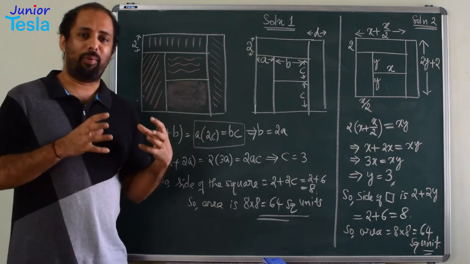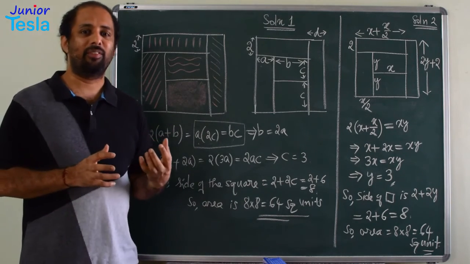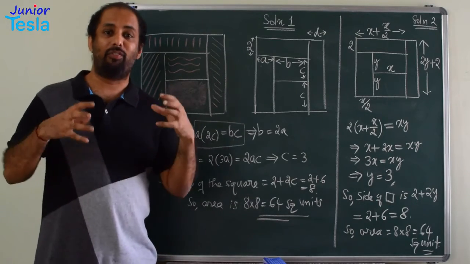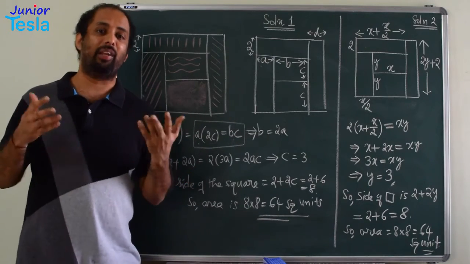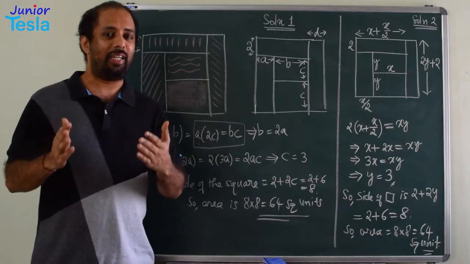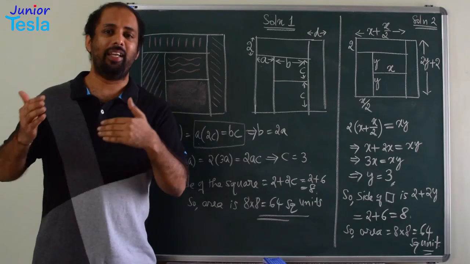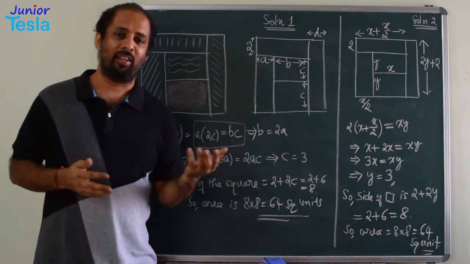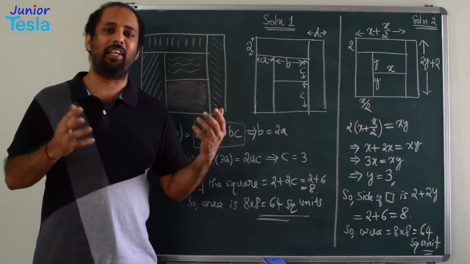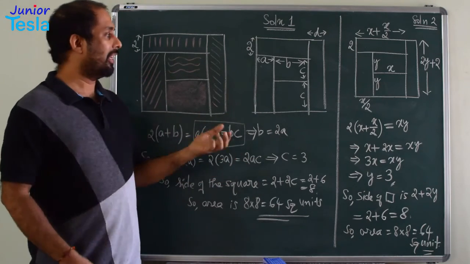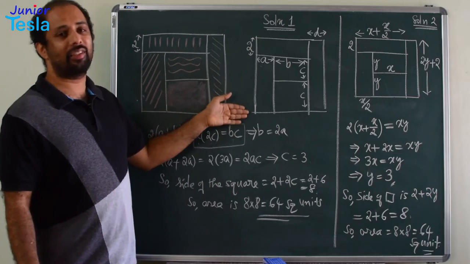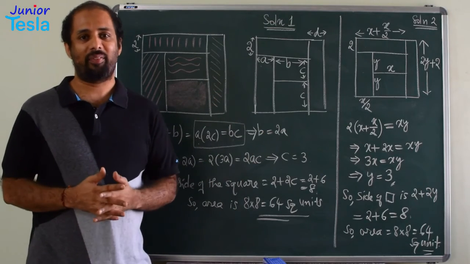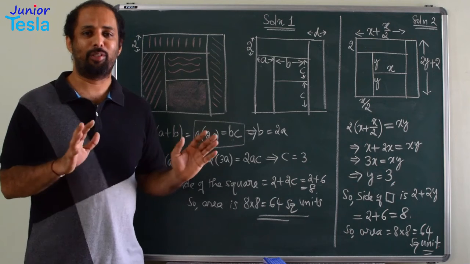So we have applied one concept. The concept is, since they have told that the bigger square is divided into 5 equal regions or 5 equal areas, we are trying to write these areas separately and equate them. Since all of them are equal, we can just equate any 2 regions. So we are equating all these regions and trying to get the values of the unknowns, and then we are finding the length of the square, and then from that we can find the total area of the square. Very simple, direct, simple solution.